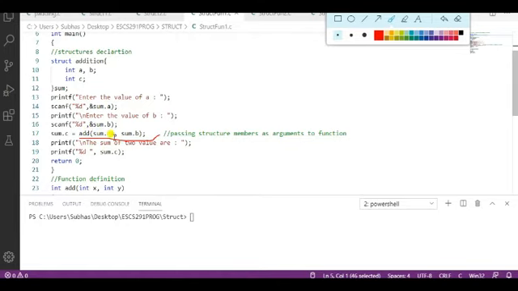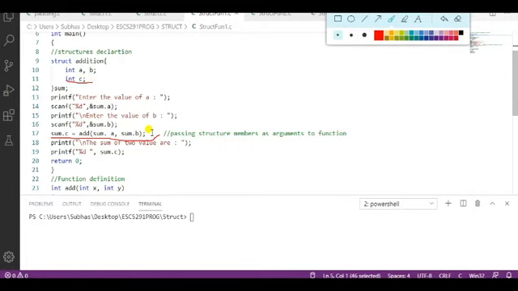Here sum dot a is a member, sum dot b is a member, or you can say structure elements. Whatever value is returned by this add function will be assigned to the structure variable sum dot c. That's why I have taken another integer variable c, or you can say result. The result will be automatically assigned to sum dot c. Understood? c is a member.